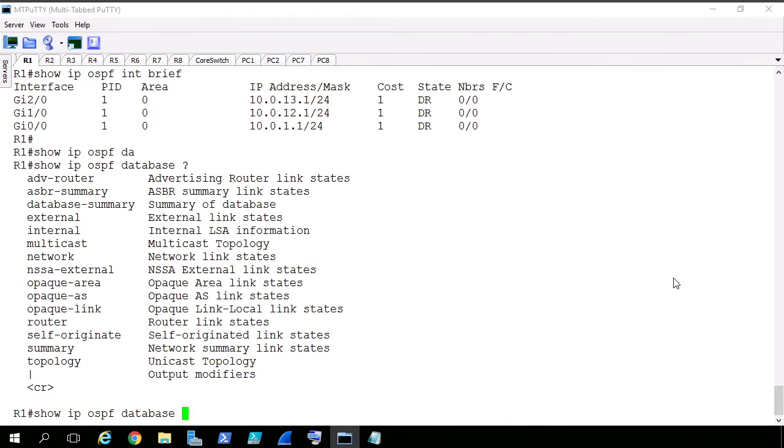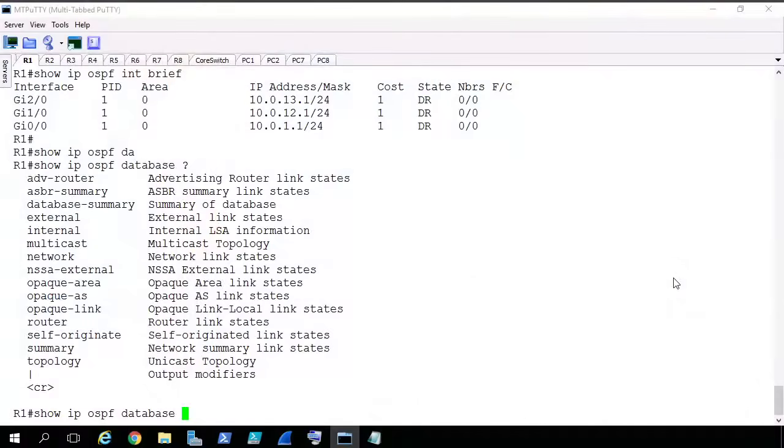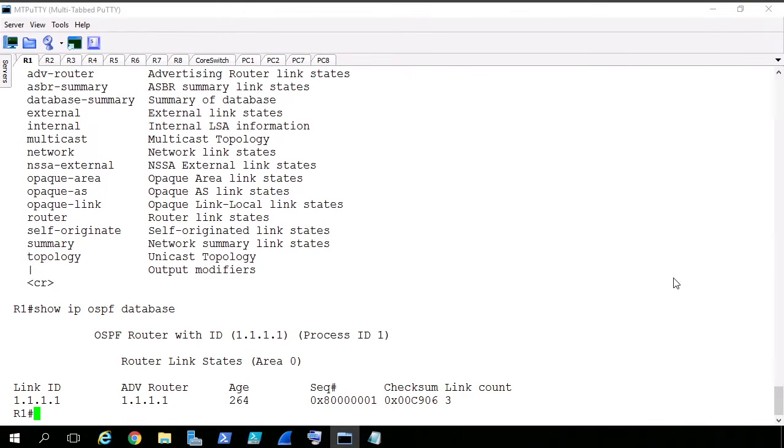okay, let me show you a question mark. There's a lot of information that we could look at regarding the OSPF database, but think of the OSPF database as a collection of all the LSAs that are being advertised and synchronized in the entire area. So if there's 20 or 40 or 100, all those LSAs collected on a router would be called the link state database. So right now, we should just have one. That's what I'm banking on. Let's take a look. So if we do a show IP OSPF database,